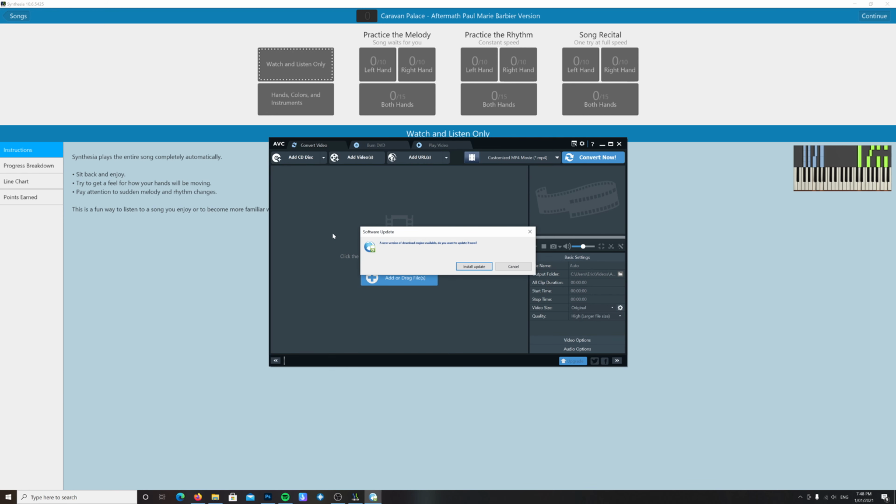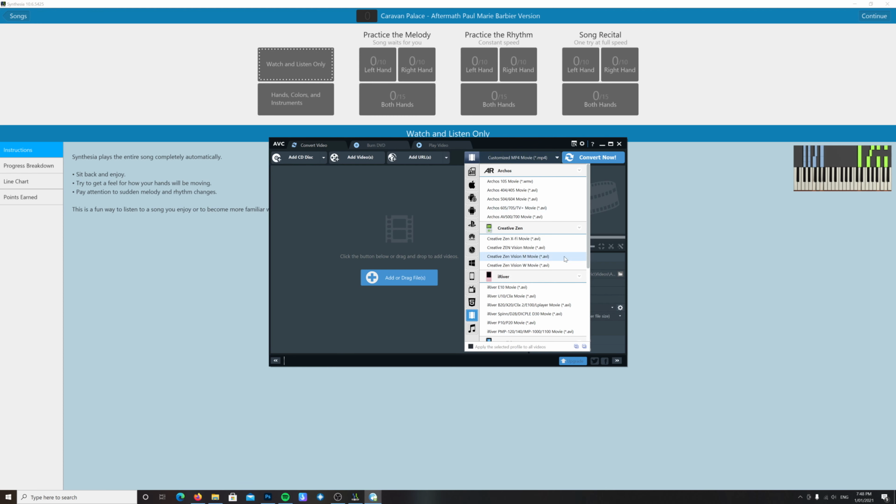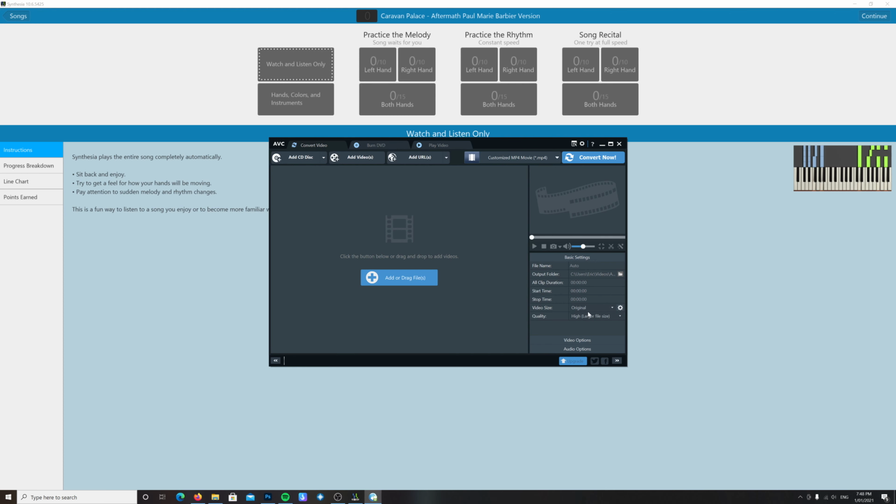This is a great free video converter. Once you've converted the file out of Synthesia Video Creator, then you put it in here, convert it to an MP4. Make sure that your settings are set to original and high, because I think it defaults to something lower than that. And everything there's good. Just make sure it's not exporting to anything too low. Then that'll export out a video to